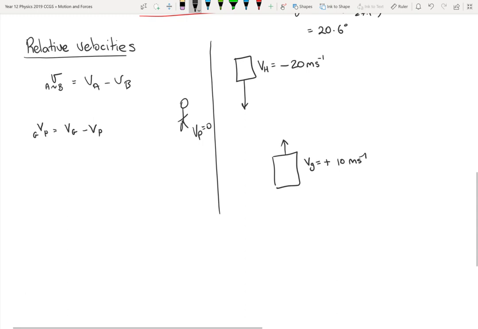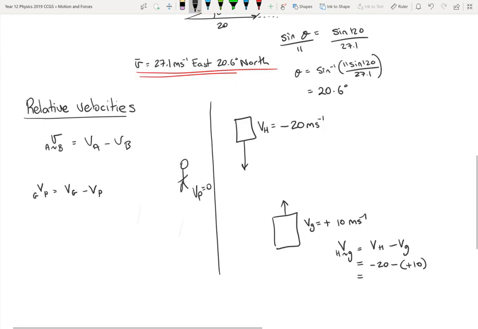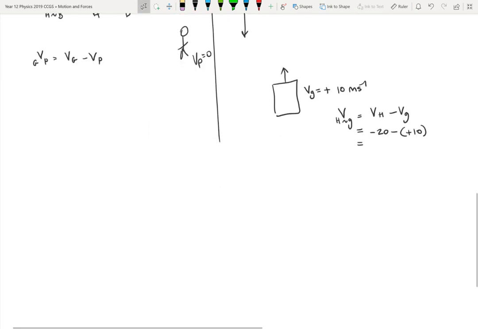But now let's look at what gran sees. Well, the velocity of the hoon from the frame of reference of gran is going to be v hoon minus v gran. My laptop is starting to lag. I don't like that. Now, negative 20 minus plus 10. Now, it's important, gentlemen, that we keep all of the pluses and minuses. So that plus represents the north vector direction. This is going to be the subtraction of one vector from the other. Okay, so they have different meanings, but mathematically they're going to do the same thing. So this becomes negative 30, but we don't leave direction as pluses or minuses, so gran sees